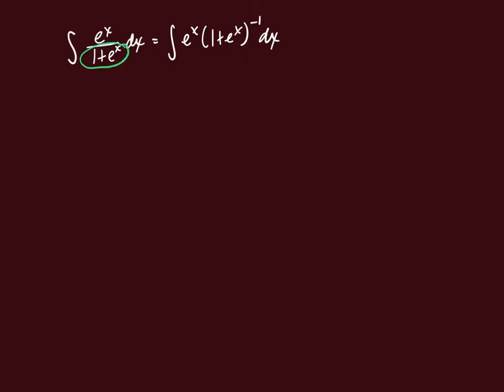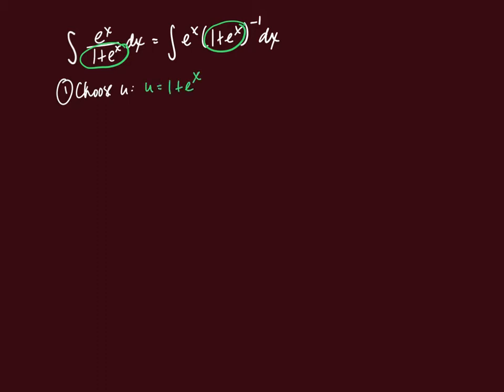In either case, from doing our ones that turned into logarithms, we saw if we had something in the denominator and it was not raised all to an exponent, then that was going to be our u. Or if we do raise that all to the negative first power, we can see we have an inside. So that is my first step, is choose my u. So u is going to be 1 plus e to the x.